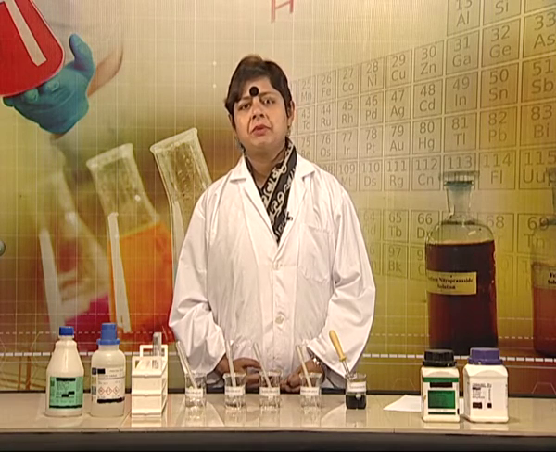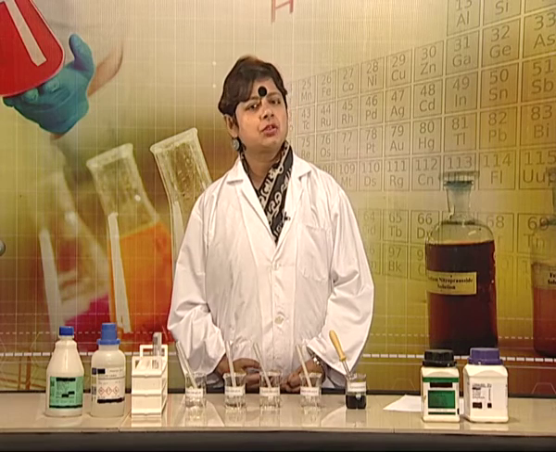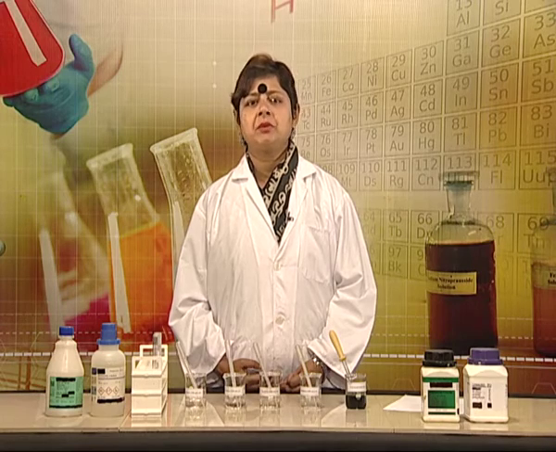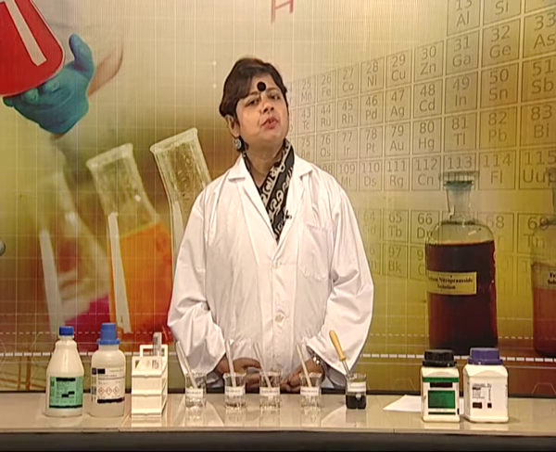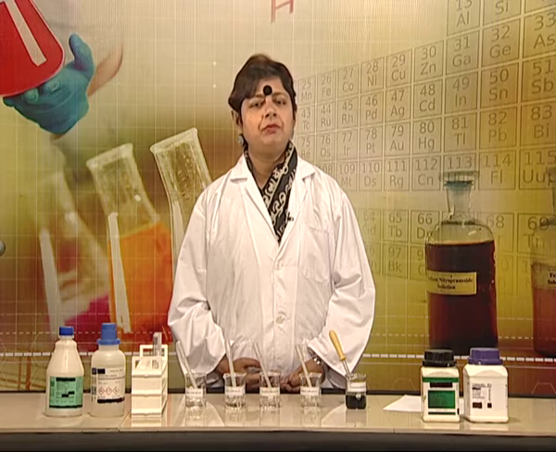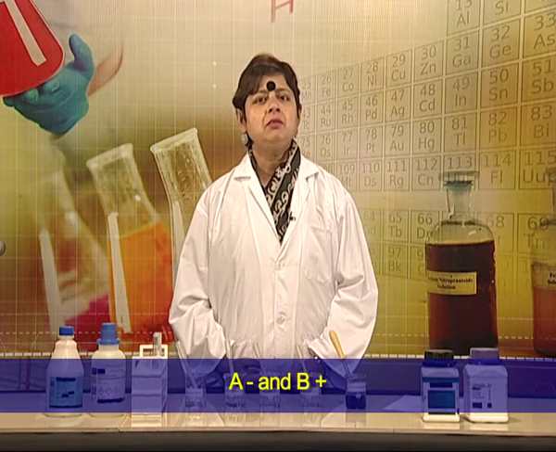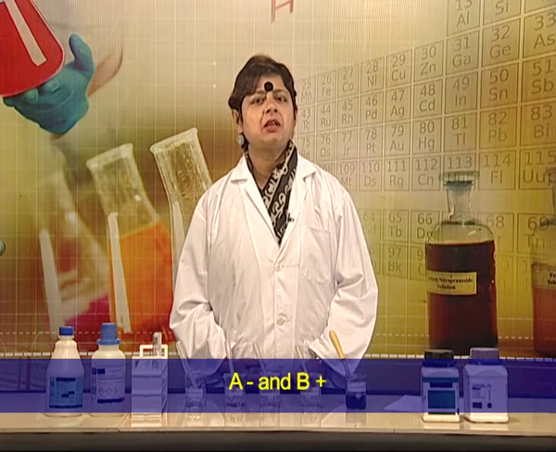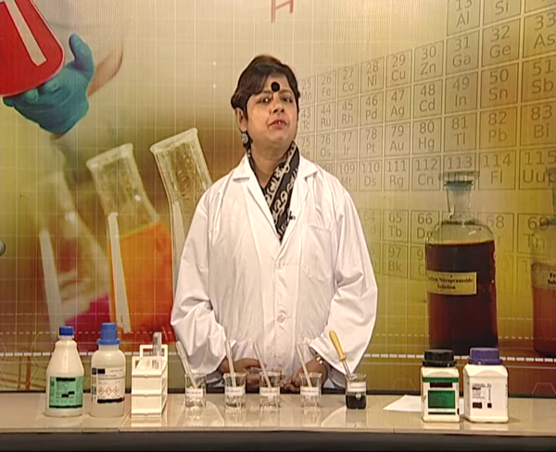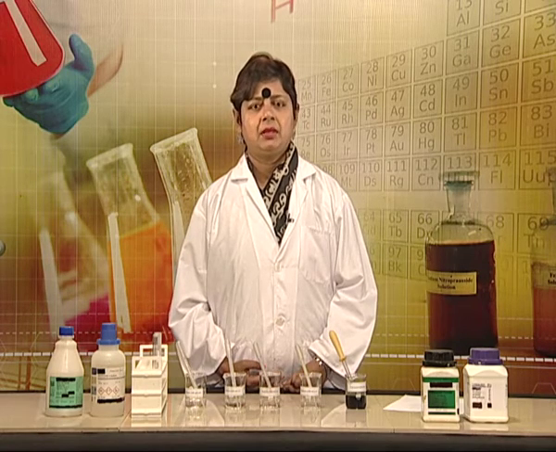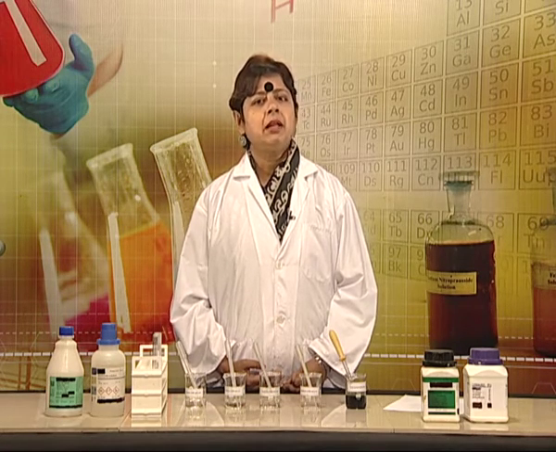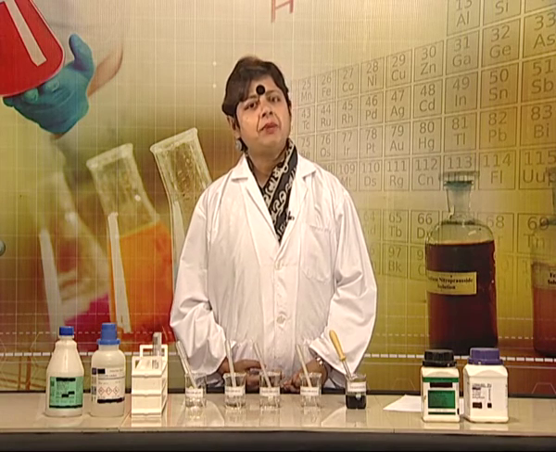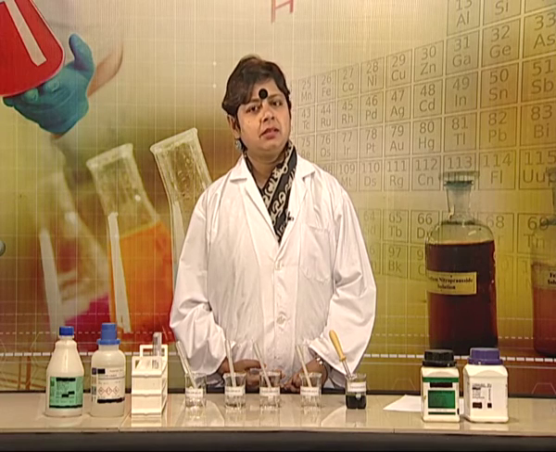The shift in equilibrium can occur because of addition or removal of an ion already involved in the equilibrium process. Suppose we increase the concentration of the anion A minus in weak acid solution or the cation B plus in the weak base, the equilibrium would shift in the backward direction. The shifting of equilibrium in backward direction in either weak acid or a weak base suppresses ionization.